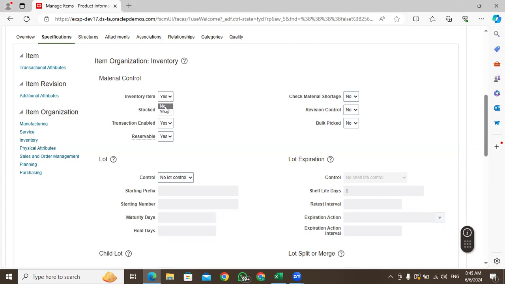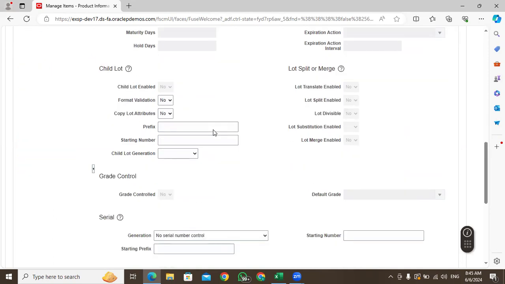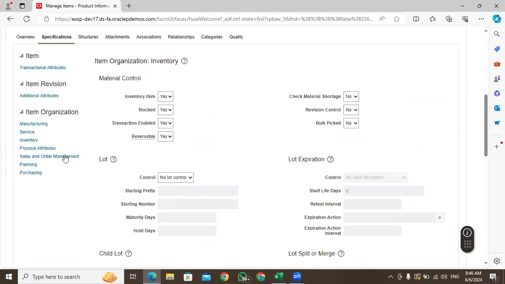See, for example, if I click on no, what happens? Stock is also faded. That means this is like Rapido or some technical services we get for home appliances, like refrigerator or AC repairs or something. So those are not inventory items. Those are all our expense items. And so our transaction enabled is yes. Transaction enabled is yes. And one more: